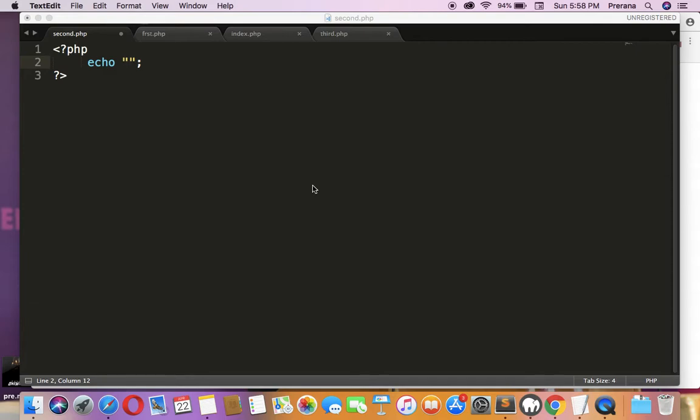Now, let me put a disclaimer. Don't get frustrated if you don't quite understand what PHP is at the beginning. Anything needs time and practice to master. Okay, coming to the coding part,